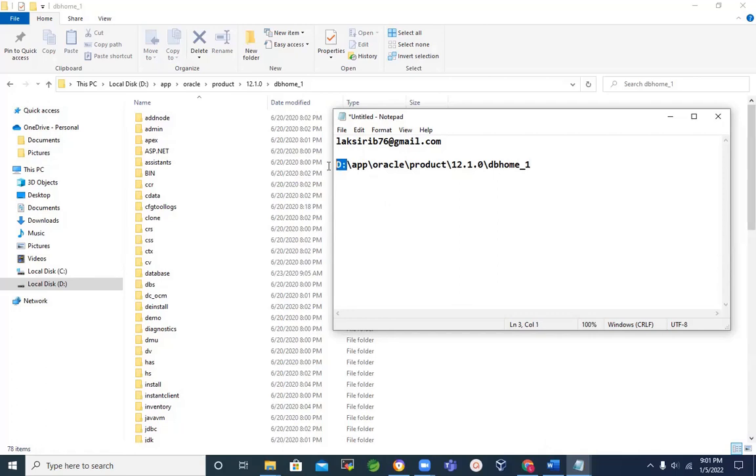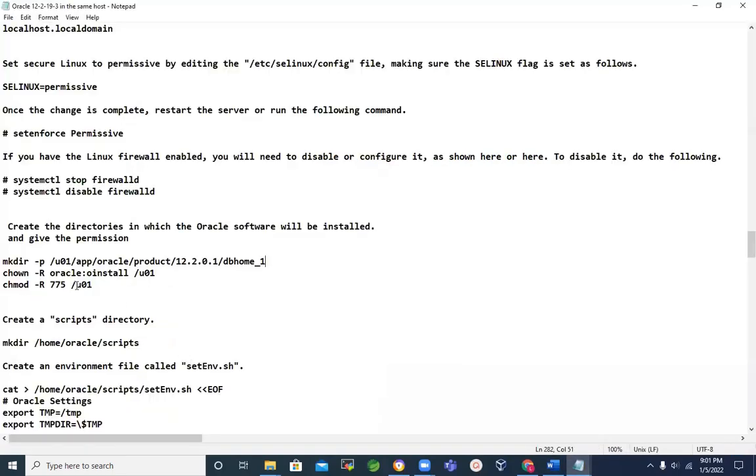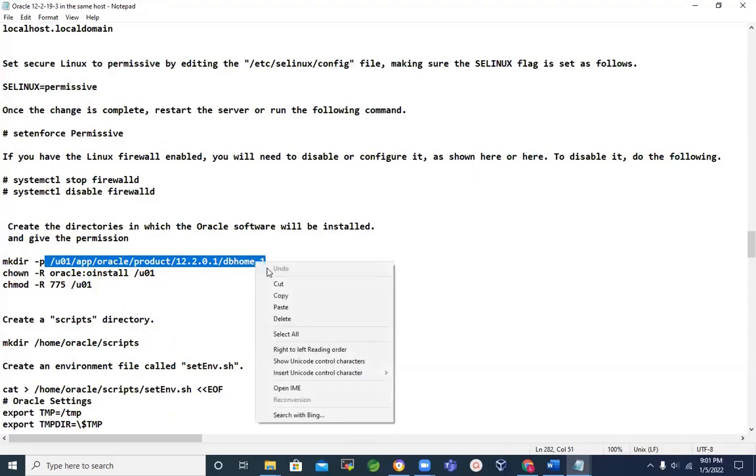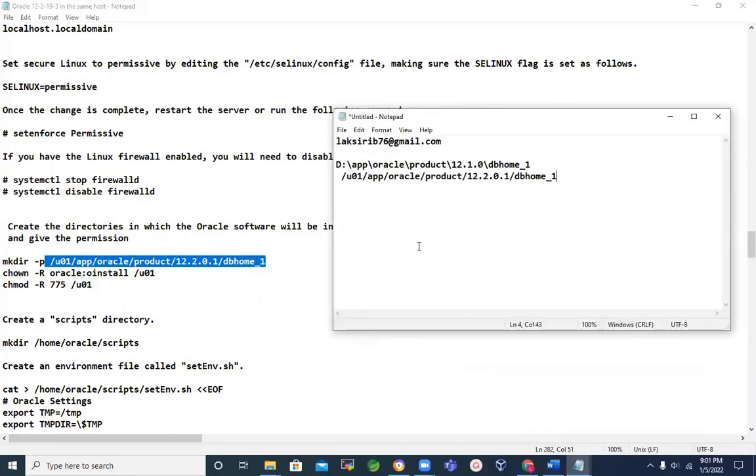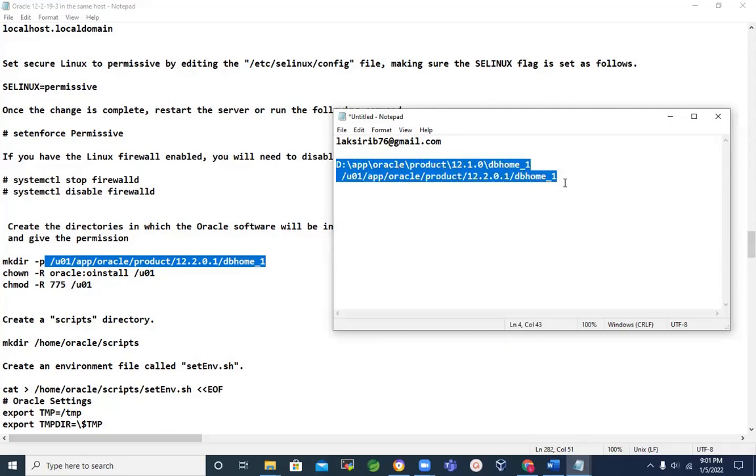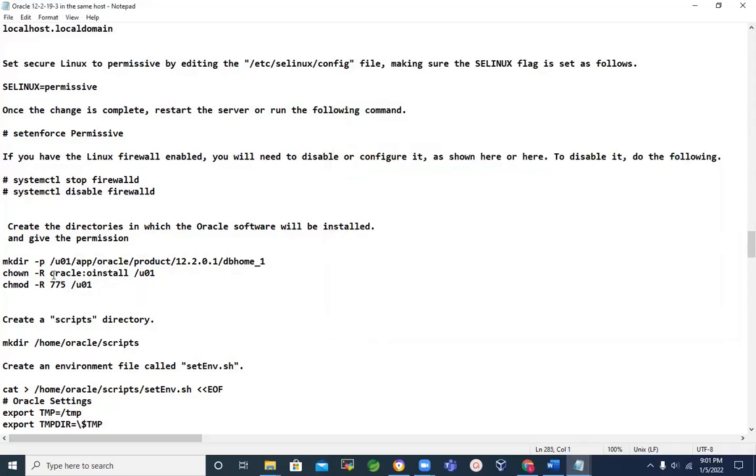The only thing is it's not D and C, those are partitions in Windows, but in Linux we don't say partitions, we have mount points. So in Linux we have this u01, that's the mount point in Linux. This is the way. Other than that, same directory structure. So here I am using 12.1, but in Linux I have used 12.2. That's a new version. That's okay. Don't worry, we are going through these things, Oracle home and base. And we have given the permission